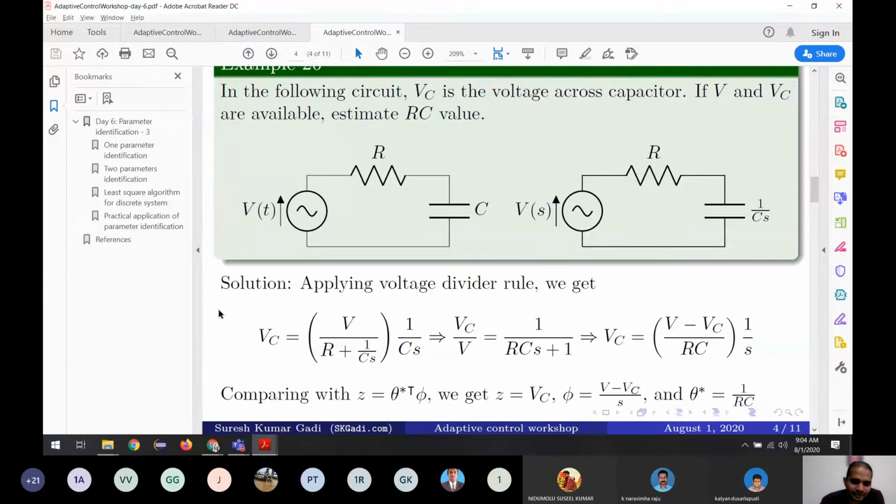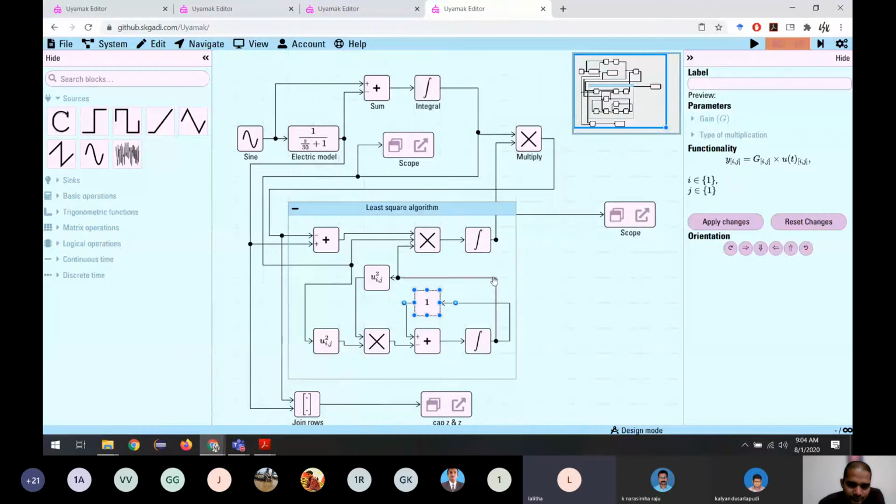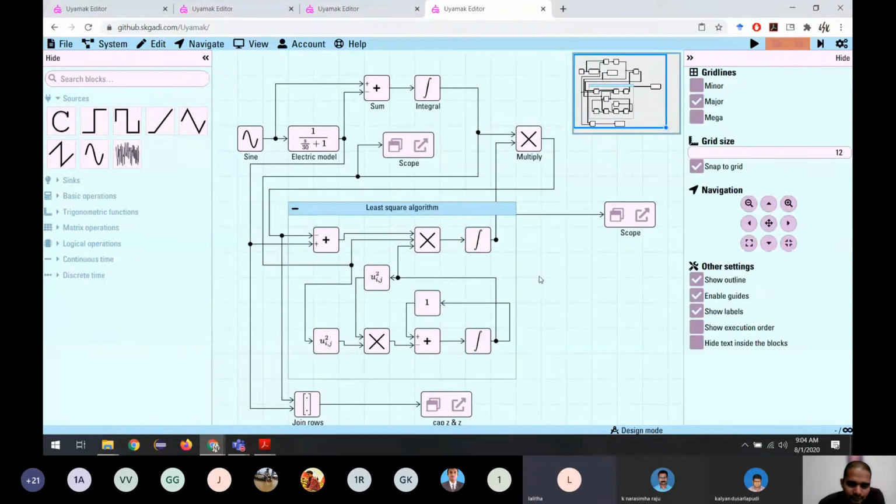Hello. Yes, sir. Sir, is this parameter variation possible in MATLAB? You are saying in your system it is not possible. I don't think even in MATLAB changes in transfer function during the simulation are allowed. As per my knowledge, it is not possible, ma'am. I tried once, it is not possible.